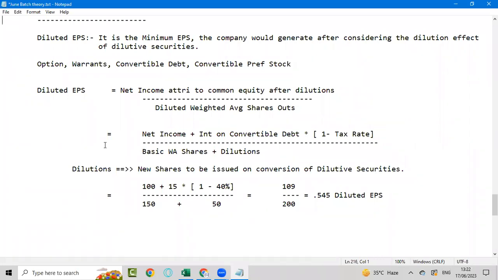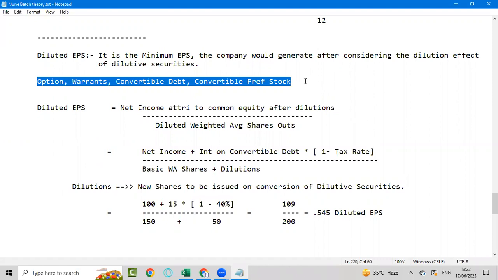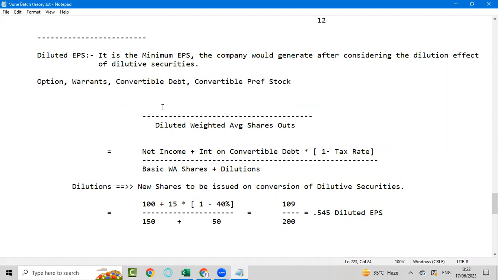सर डायल्यूटेड ओनली. देखिए डायल्यूटेड ईपीएस क्या है? डायल्यूटेड ईपीएस है कि कंपनी मिनिमम ईपीएस कितना जनरेट करेगी अगर ये डायल्यूटेड सिक्योरिटीज कॉमन इक्विटी में कन्वर्ट हो जाएं। डायल्यूटेड सिक्योरिटीज क्या है? ऑप्शंस, वारंट्स, कन्वर्टेबल डेट, प्रेफरेंस स्टॉक। अगर इनको कन्वर्ट कर दें तो ईपीएस कितनी होगी? ये होती है डायल्यूटेड ईपीएस। तो फॉर्मूला क्या बनाया? नेट इनकम एट्रीब्यूटेबल टू कॉमन इक्विटी। ये तो बेसिक ईपीएस वाला ही है, बट यहाँ पे क्या लिख दिया? आफ्टर डायल्यूशन। मतलब इनको कन्वर्ट कर देने से मेरा नेट इनकम कितना होगा,